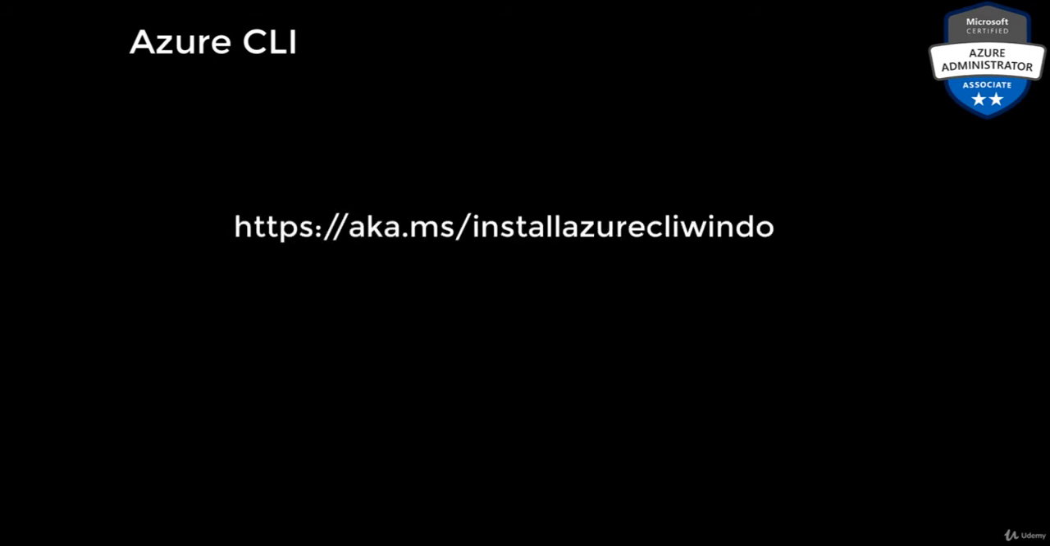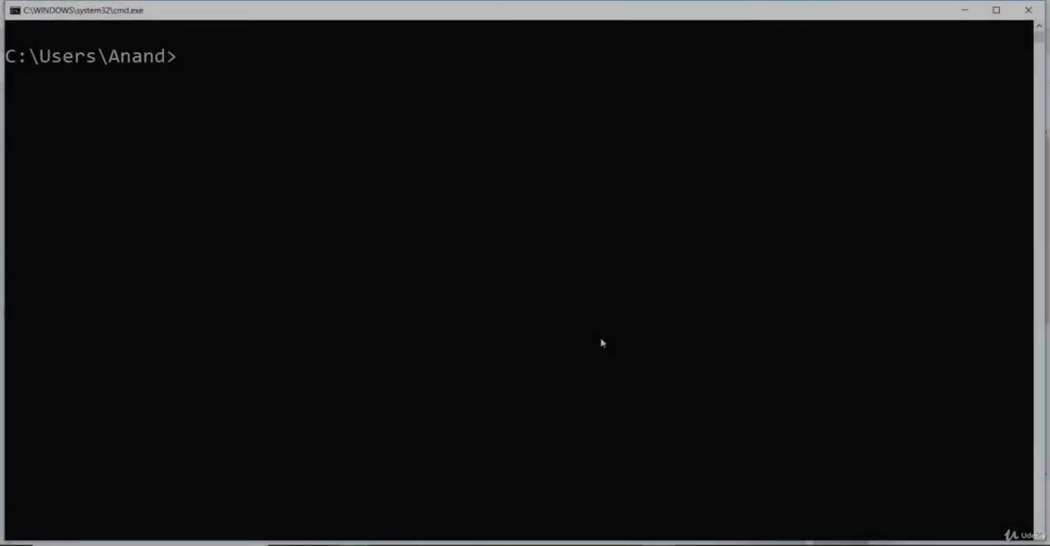You can download the Azure CLI module from the following URL. All you need to do is just go to this URL and download this executable. Once it is downloaded and installed, you're ready to run the Azure CLI commands. I've installed the Azure CLI executable on my computer already, and I should be able to run the az commands